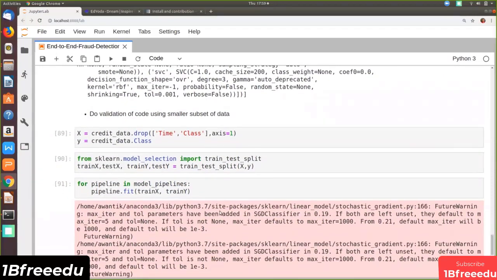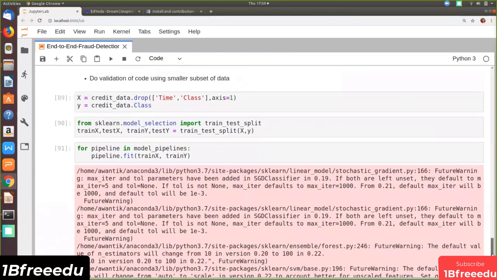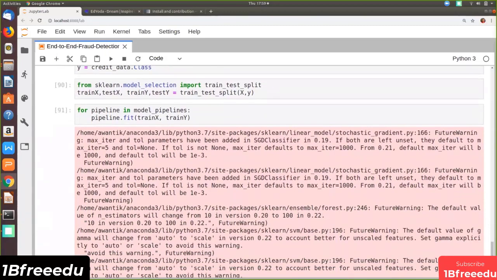Okay, we have already got the feature data and target data. We're just extracting it again. Then we need to split the data into train and test. That's what we are doing now. The main data we are splitting just to validate, because we have 50,000 rows of data. We just want to validate everything is all right before we actually train this with all the data and see all the results, right? Just to check if things are all right. We're doing pipeline.fit on train X, train Y, and we see it's not showing any error. That means things are fine with smaller data.